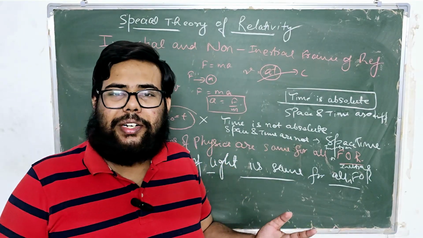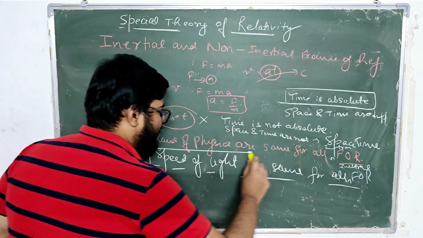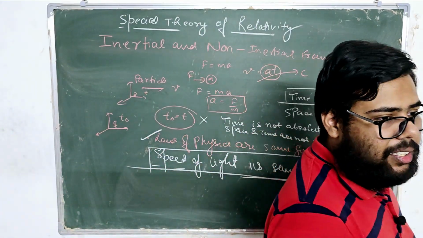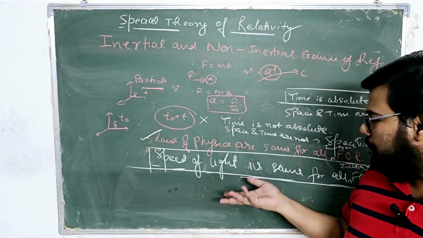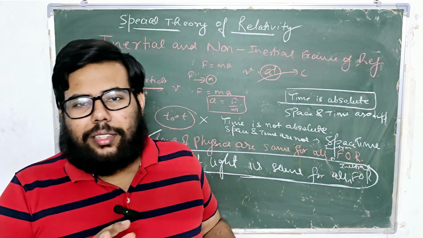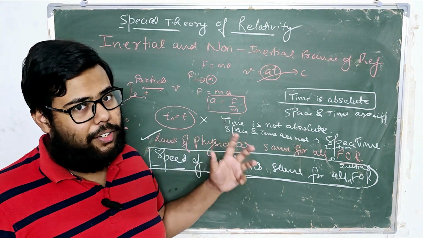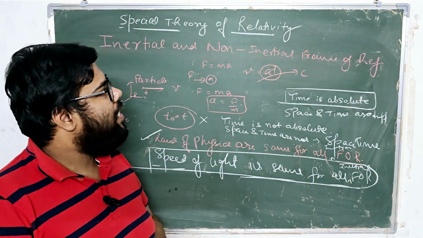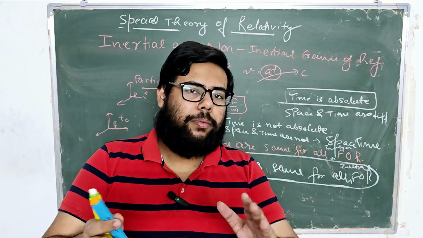But that's not true. That's not how the universe works. The universe has a speed limit, the speed of light. Nature has its own rule, that the speed of light is constant, the same for all inertial frames of reference, and it is actually a speed limit. So what will happen if any particle tries to approach the speed of light? To make you aware of that, the special theory of relativity was proposed by Einstein to explain these phenomena near the speed of light.